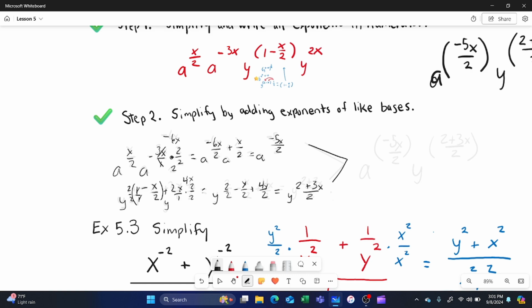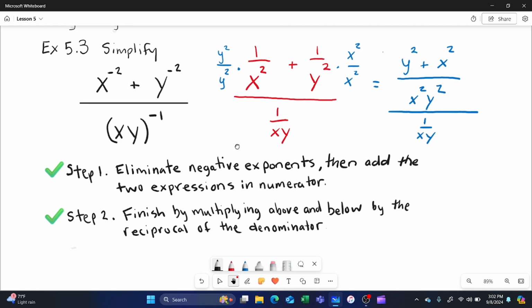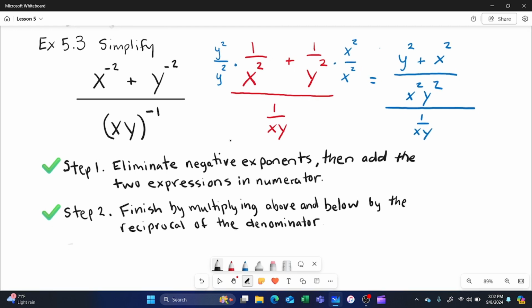All right. Put it all together. A to the negative 5x over 2 times y to the 2 plus 3x over 2, parentheses, and that is done. Example 5.3, we're going to simplify x to the negative 2 plus y to the negative